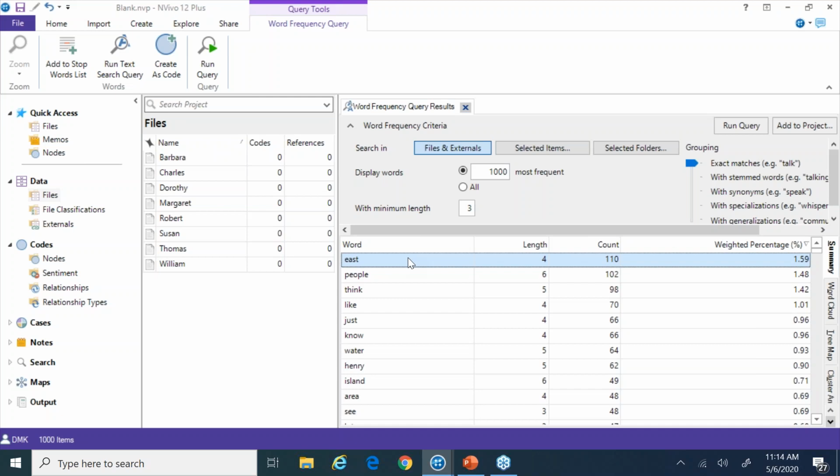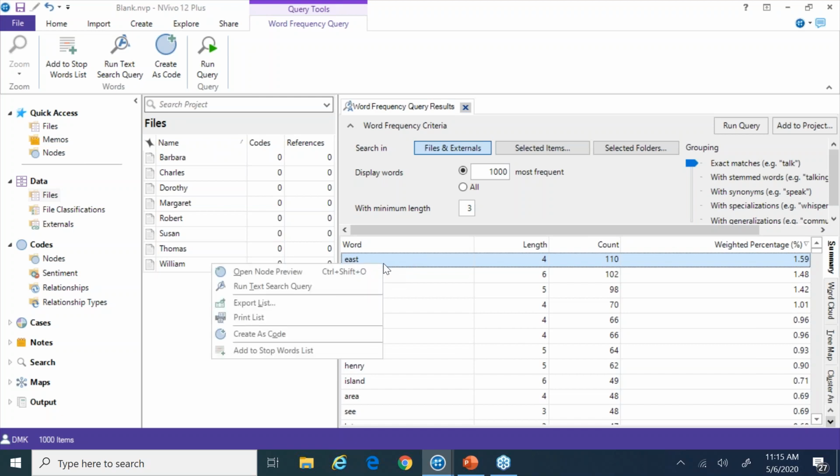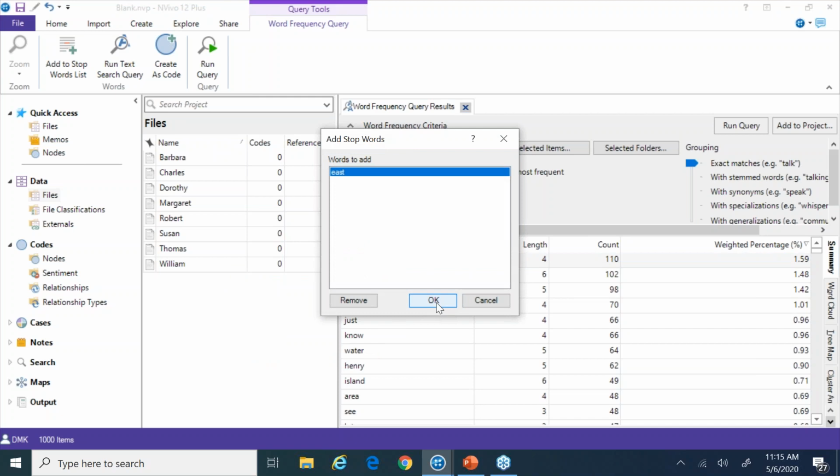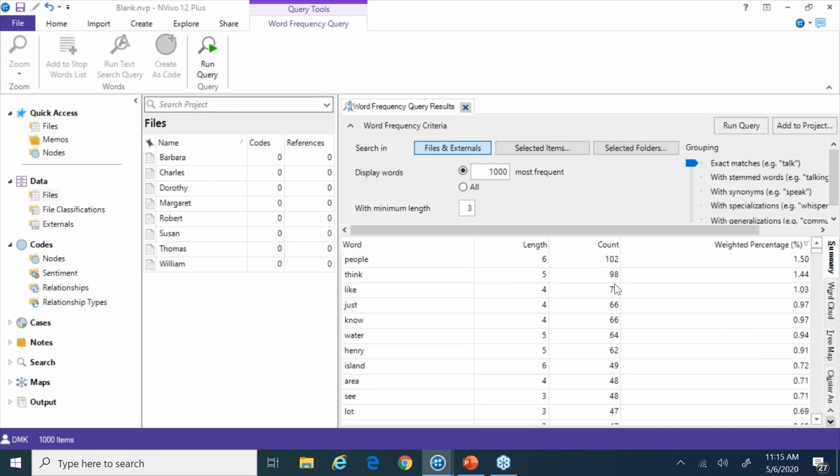Now, to me, that might be considered a skewed result. The reason being, as I mentioned earlier, the name of this project was Environmental Change in Down East, North Carolina. So my interviewees might have mentioned the term East more in context to where they're located than it being relevant to my data. So let's say I want to remove this word from my list. I would simply right-click on it, add it to Stop Words List, click OK, rerun the query, and now